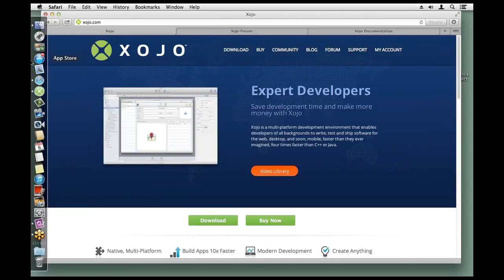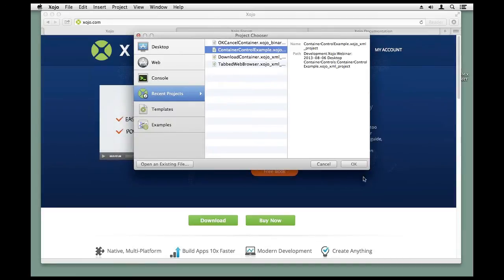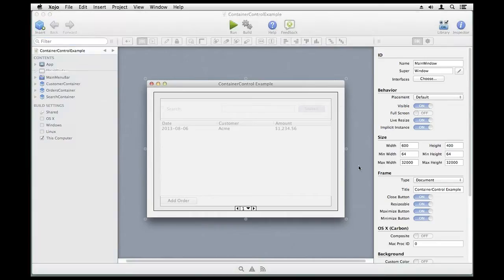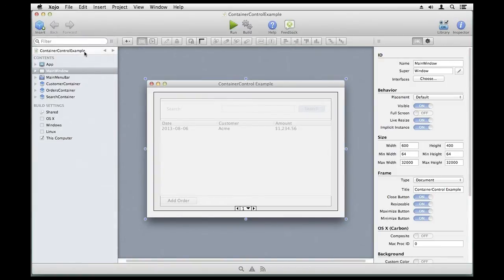So without further ado, let's fire up Xojo here. Now container controls. What's a container control? Well, let's open up an example one first. A container control is a control that lets you add other controls to it. So you can see here, right on the insert menu, there's container control. And if you add one to your project,